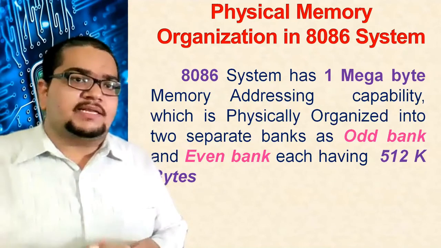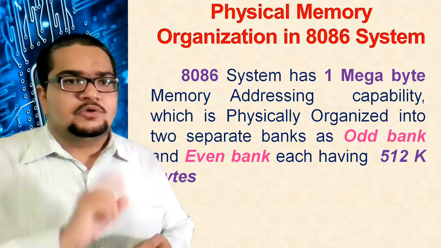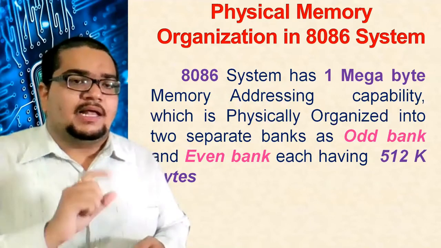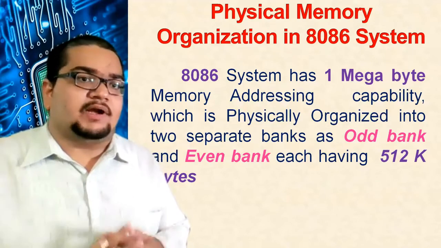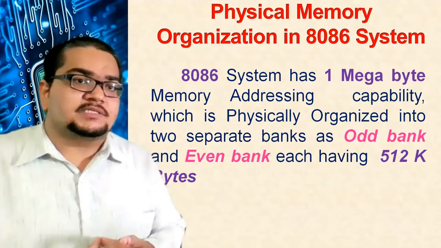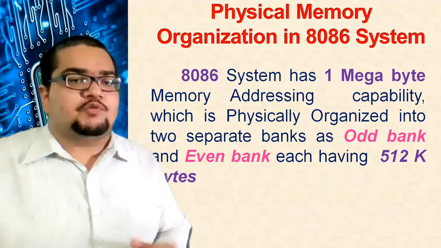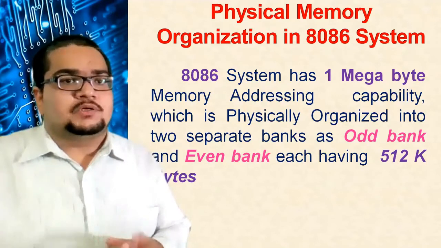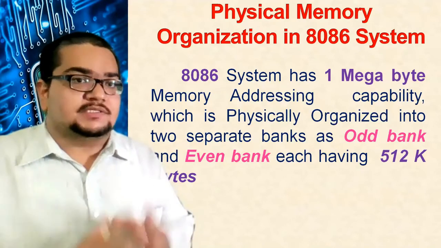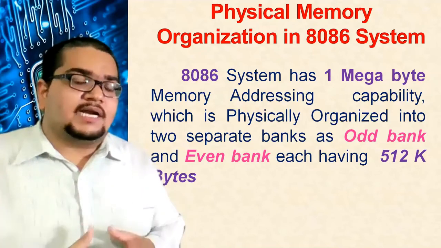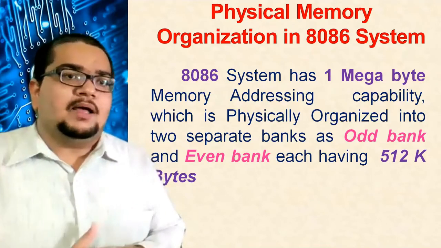As we are working in binaries, each bit can be possibly a 0 or 1. 2 possibilities are there, and there are 20 such bits. So 2 power 20 combinations they provide us. So 2 power 20 combinations are 1024 kilo, 1024 into 1024, actually 1024 square locations. So we are calling that 1024 kilobytes, or simply 1 megabyte.